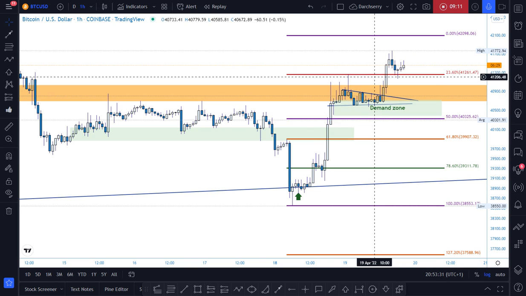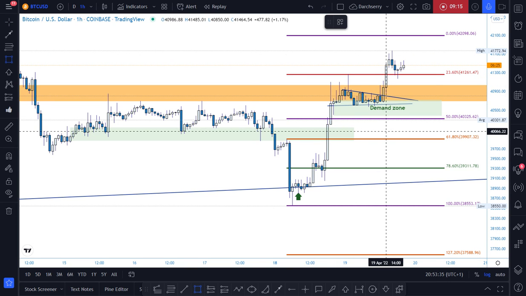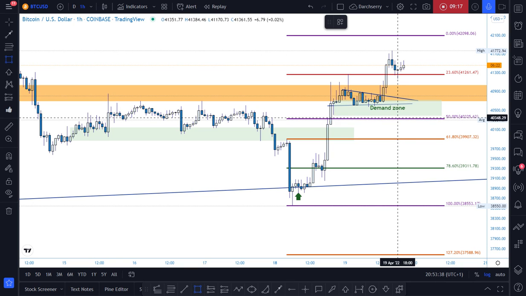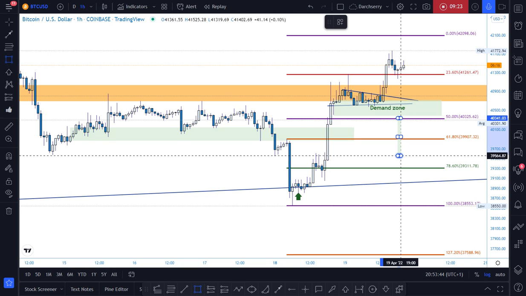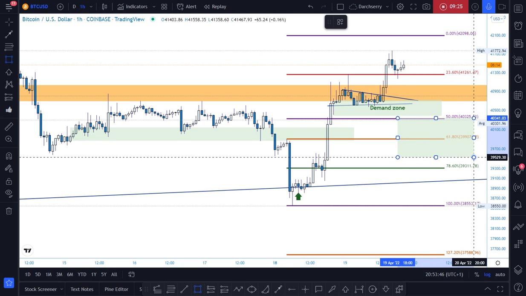And right now I can't draw a buy opportunity zone within that area, because the impulse leg is yet to complete from my own perspective. So we'll still be looking around this area thereabout, but this is not yet confirmed at